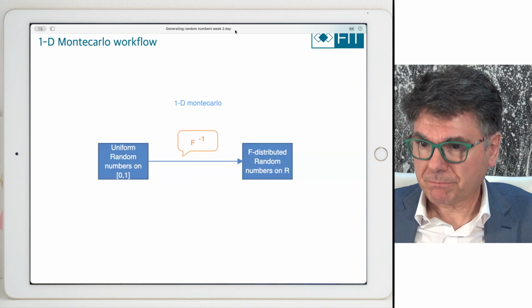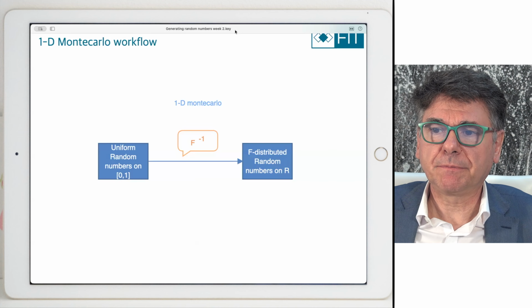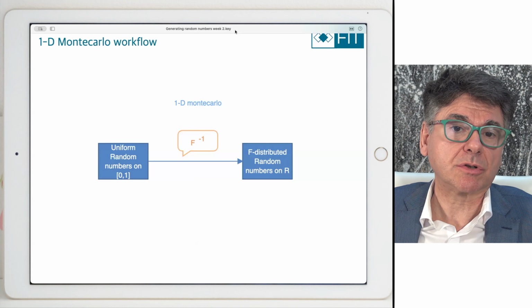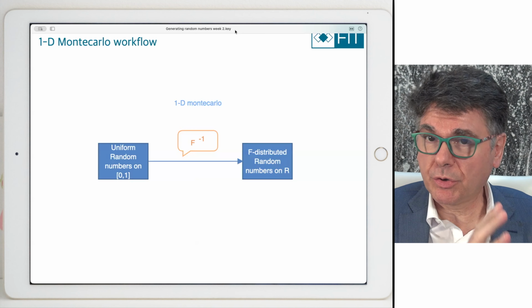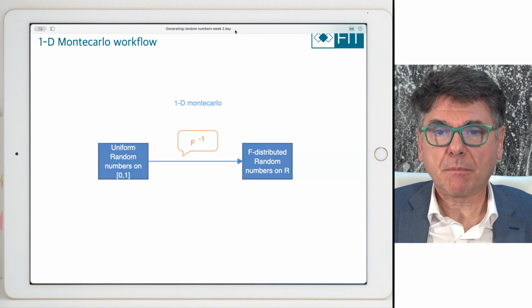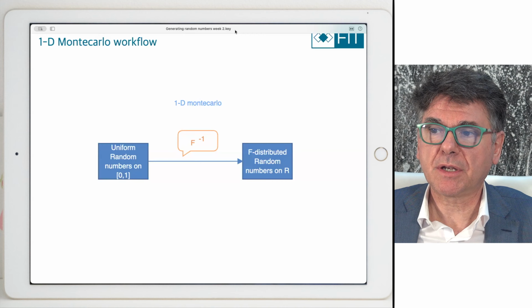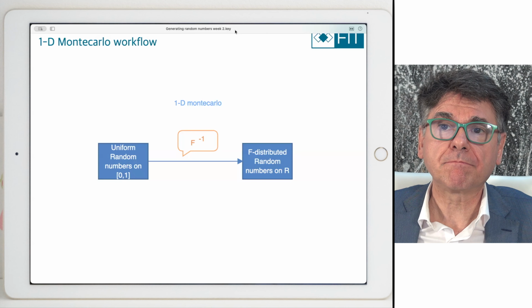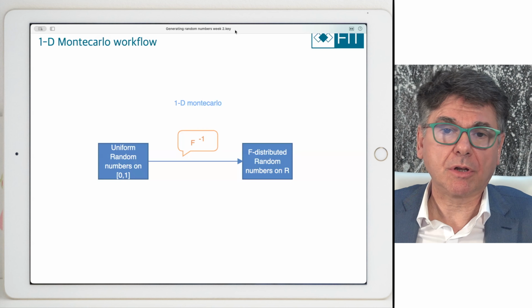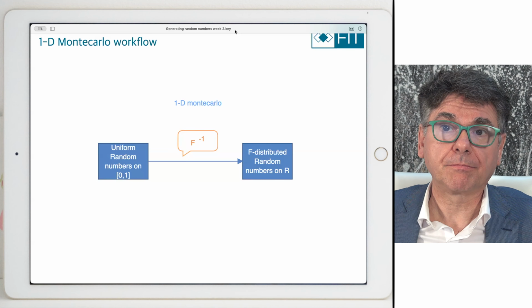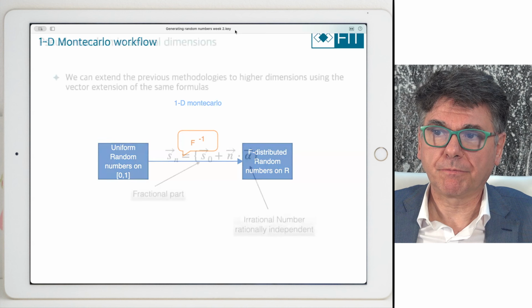Things are really difficult here. But in the case of a one-dimensional Monte Carlo, things are quite easy, because if I can generate random numbers on the unit interval, and we could do that with the algorithm I gave you earlier with the fractional part, then through mapping through F inverse, that gives me F-distributed random numbers on the real line. So if F is, for example, the cumulative function of the Gaussian, then when you map them back through the cumulative function of the Gaussian, you have normally distributed random variables. Done. Very simple.